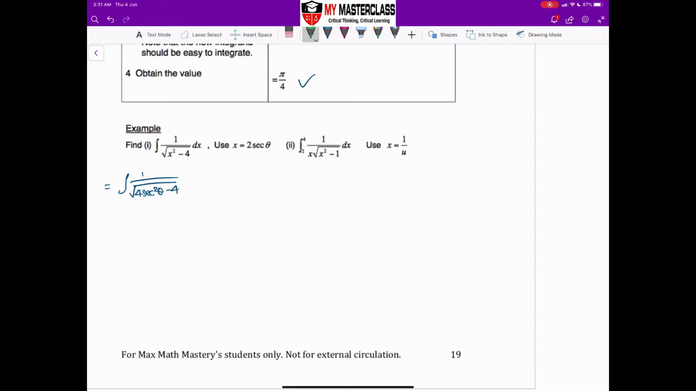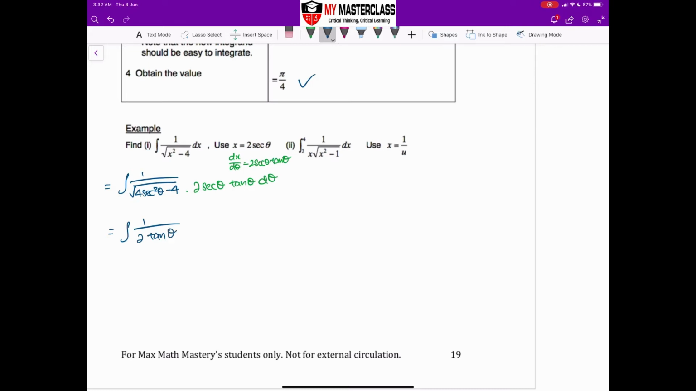The same thing, I'm going to quickly calculate my dx over d theta. The differential of 2 secant theta is 2 secant theta tangent theta, from the MF26, differentiate secant theta. So in this case, dx will be 2 secant theta tangent theta d theta. So I change my dx to be in terms of d theta. Further simplify, you should remember the identity, secant square x minus 1 is equal to tangent square x. So this will give me 1 over 2